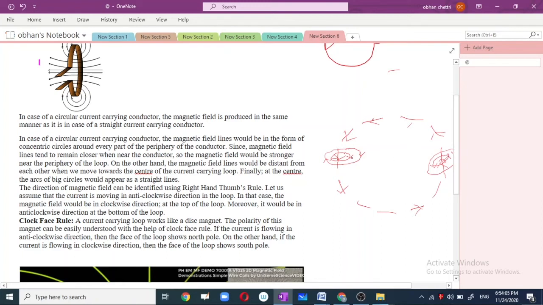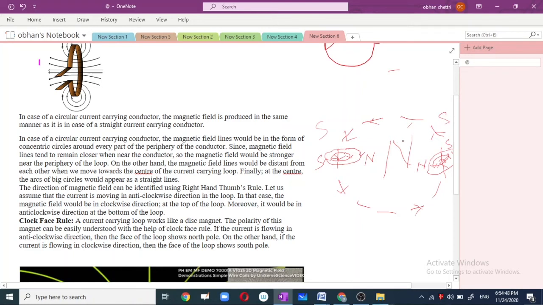Now in this circle, this arrow seems to be coming out of the screen. What we have learned is that coming out is the north pole, and passing in, that is, getting in, is the south pole. Here it is coming out, so it is the north pole, and outside, it is passing in, so it is the south pole. Outside the face, it is the south pole.